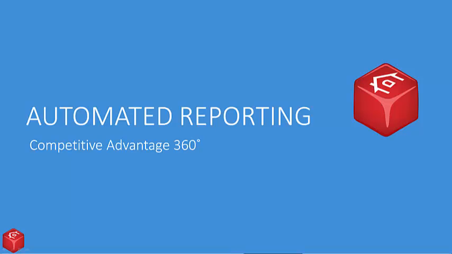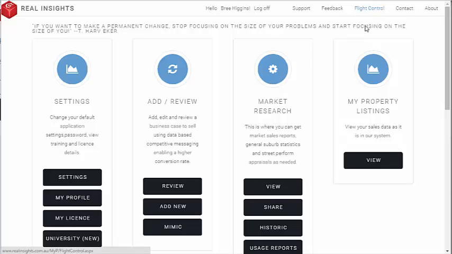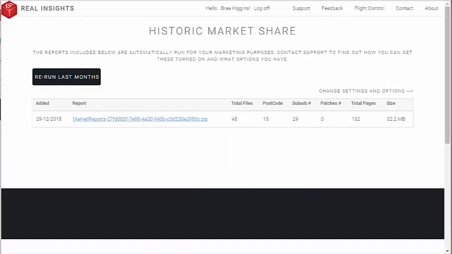From Flight Control, the top menu here, which gets you into Flight Control, go down to Historic Reports, which is this one here, and click on that link there. From within Historic, you can see some previously run reports. And a couple of things about this page: the date in which the report was run, the report link, which you can click on, and all of your files are zipped up, the total amount of files, in this case